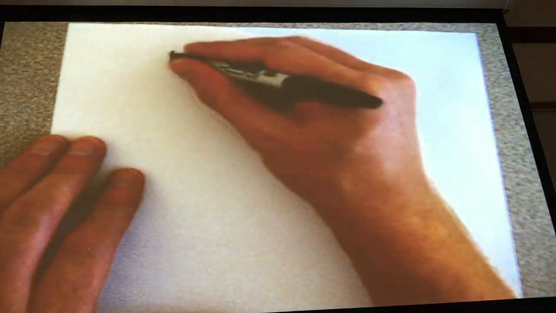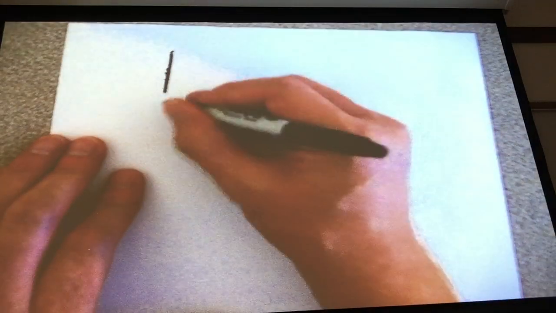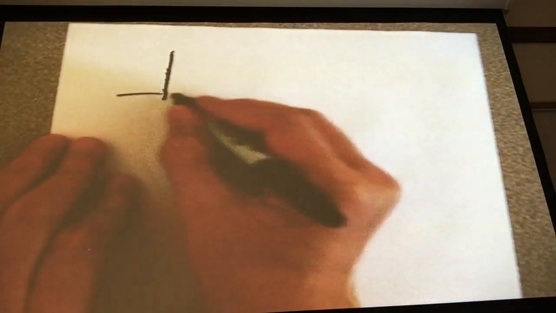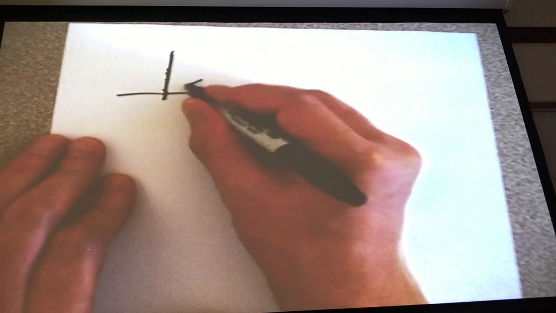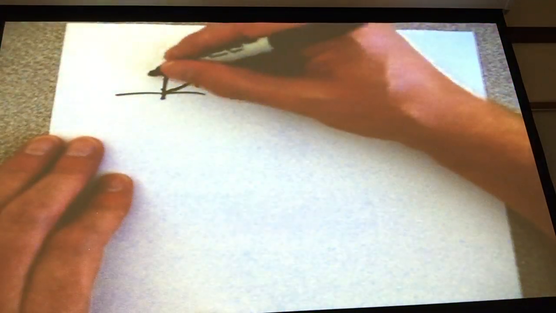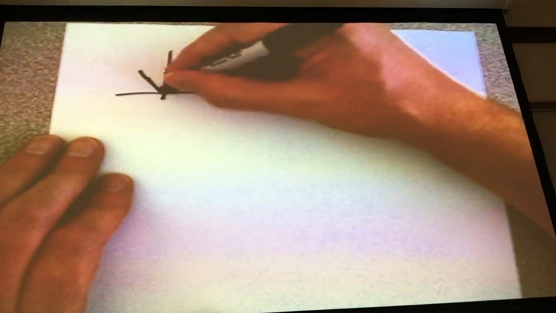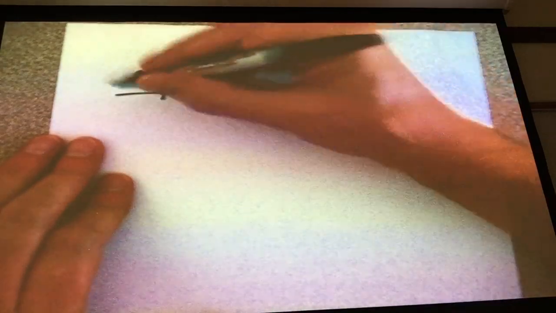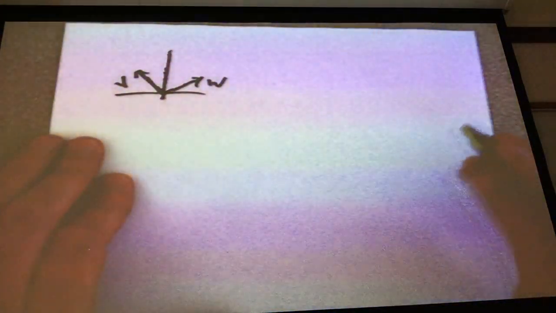So, all right, let's say use the same W. And then let's add in a V. Right? So let's say